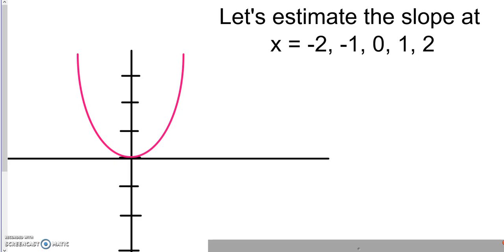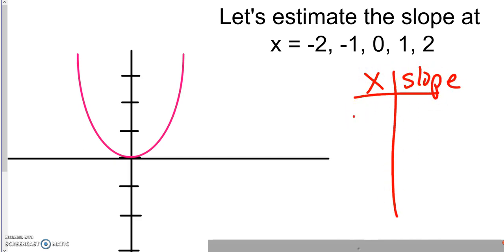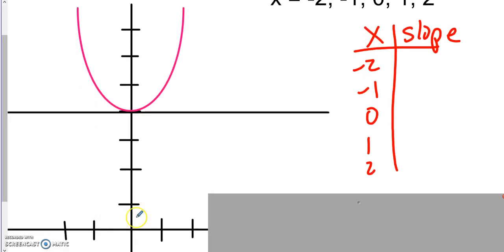So let's estimate the slope at x equals -2, -1, 0, 1, and 2 of this parabola. Slope varies on curves that are not lines. So again, we talked about that before, so let me put x there, and then I'll write slope here. So let's think about these points here. If I look over here at -2, for example, there's actually my x-axis. If I look over here at -2, we could probably say our slope is somewhere around